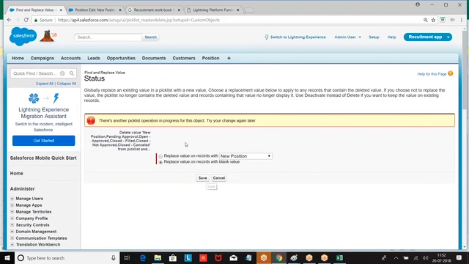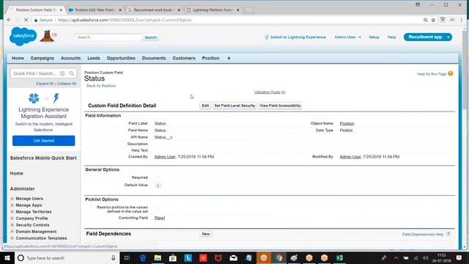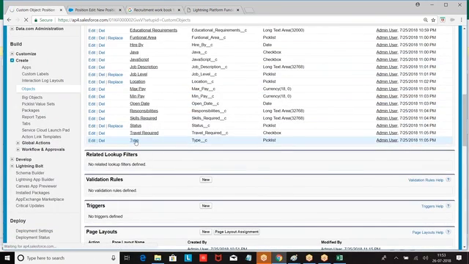What is the next one we had? Last is job type, contract based or so on. So let us complete this and see the last one.